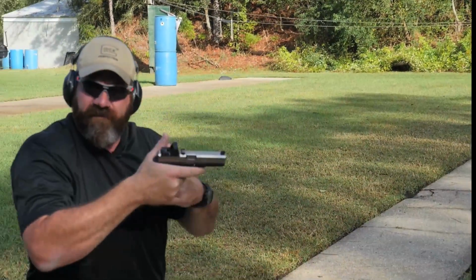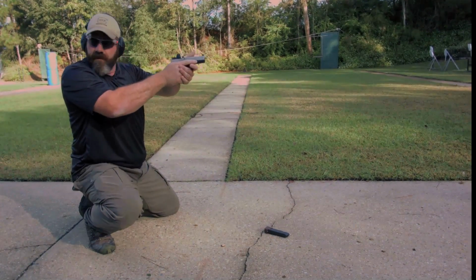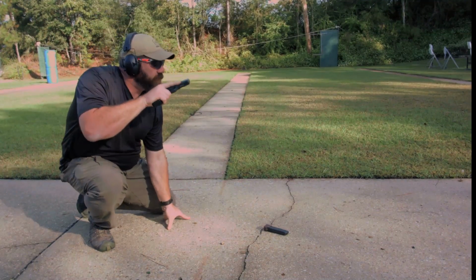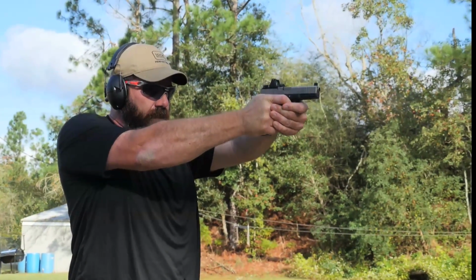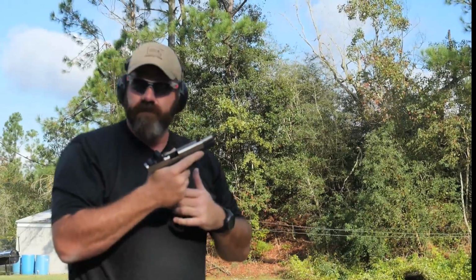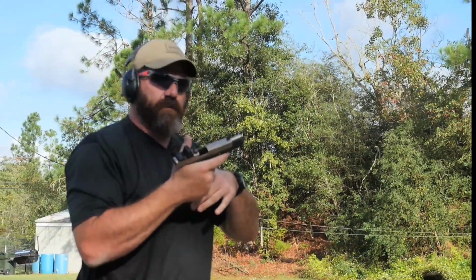Then ideally we want to fight our way back up to the standing position, or at least to a kneeling, get a situational assessment. If we have to, we press off, work our way back up. Out of ammo. So in general, you need to get yourself out of just standing on the range and shooting,